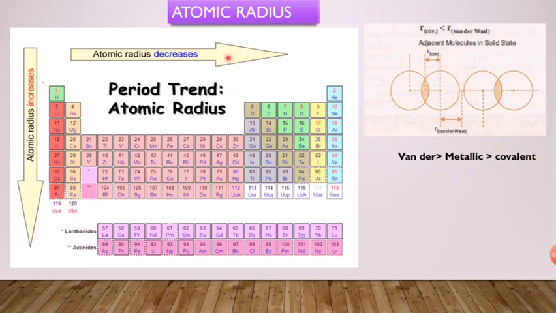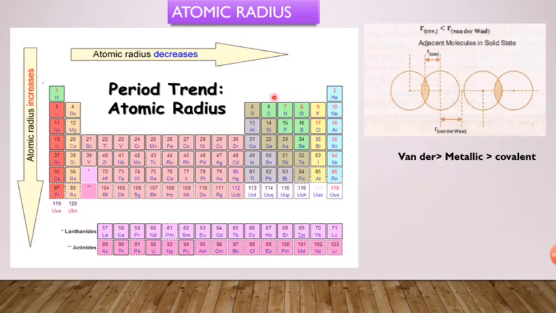And when we consider the trend, as we move from left to right in the periodic table, we know that the nuclear charge increases by one. Let's look at boron to carbon. When we move from boron to carbon, one electron and one proton is added. So the nuclear charge increases from 5 to 6. You guys are getting me, right? Just forget about the effective nuclear charge and shielding effect. Just consider it as 5 to 6. It has increased from 5 to 6.